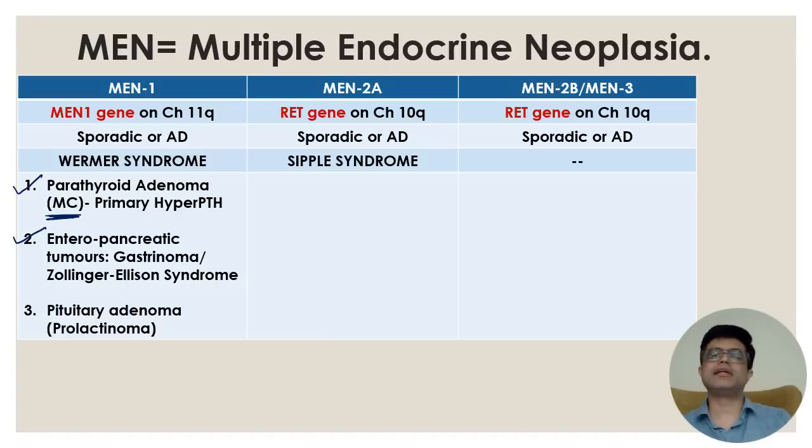Gastrinomas or Zollinger-Ellison syndrome is the manifestation. And third will be brain tumors called pituitary adenoma. They are also called prolactinomas. Now, before I go to the MEN2A, you need to understand that there is a controversial thing you will find